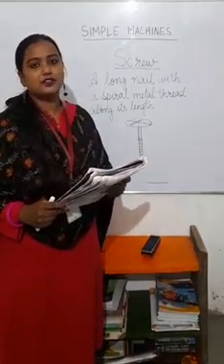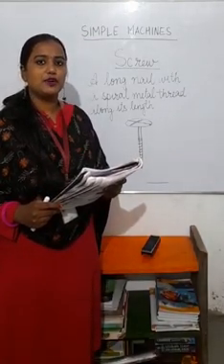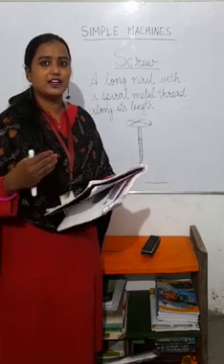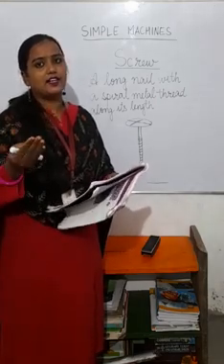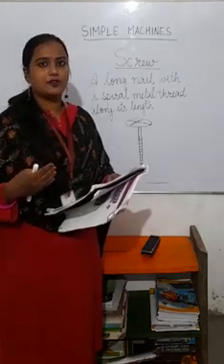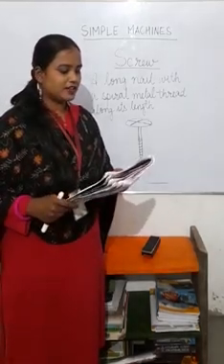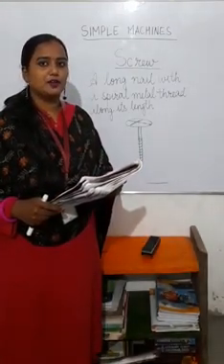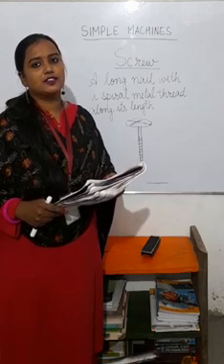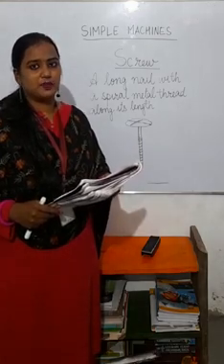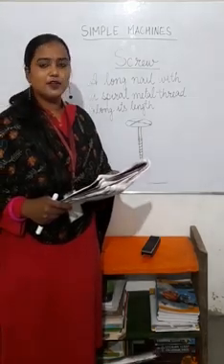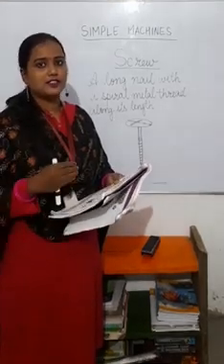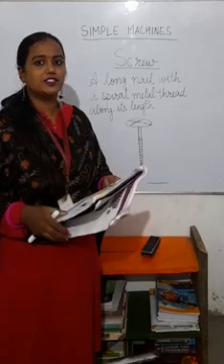We use a car jack to lift cars. So when we need to take out the tire of the wheel of the car, what do we use? We use a car jack. A car jack lifts the car up and then it becomes easy to take out the tire from the car. A car jack is operated by turning a screw. If you have a car in your house, you may have seen your father taking out the tire from the car, so he must be using a car jack. So how is this car jack operated? It is operated by turning the screw, and that screw is called the jack screw.